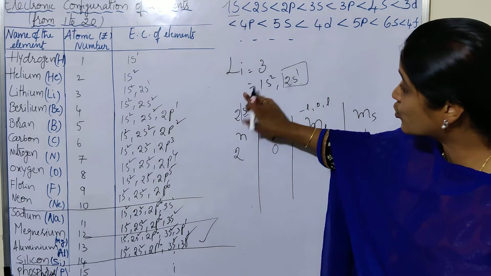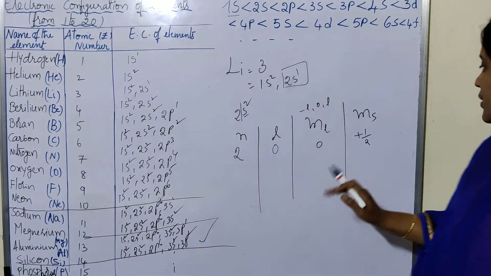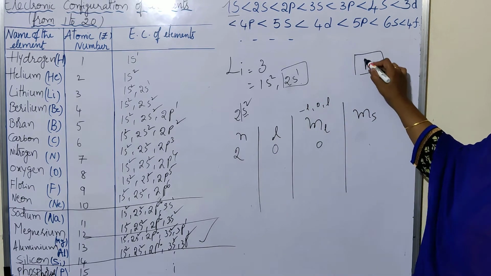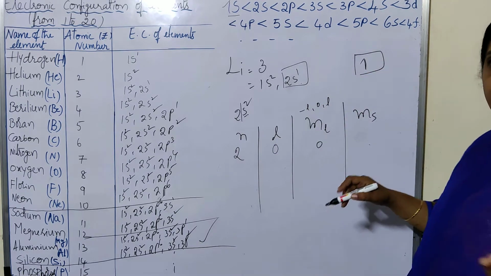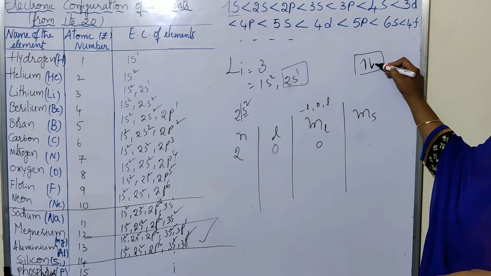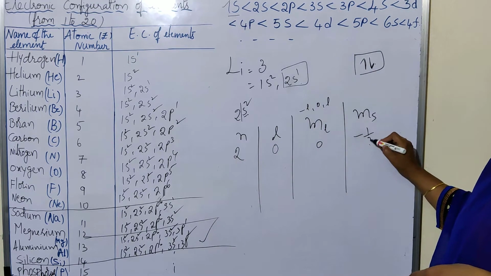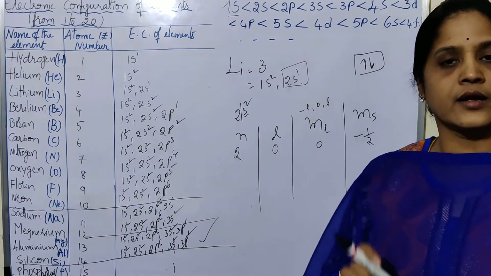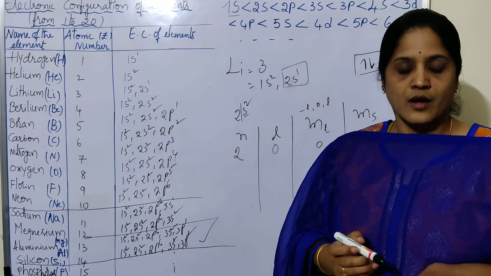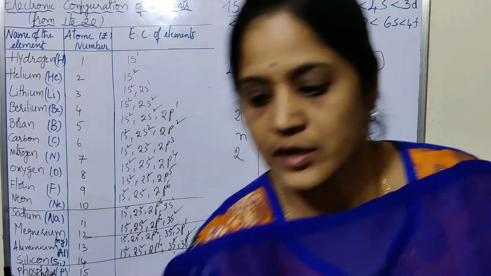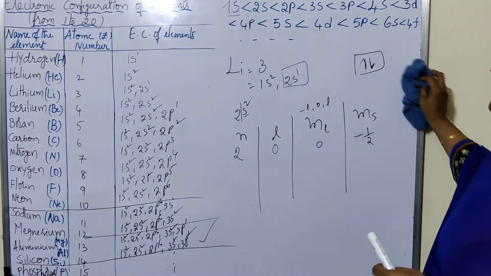Suppose here 2s2 is there. Then you get a second electron, because in the orbital the first electron fills with plus half, clockwise, and the second electron fills anti-clockwise. So we have to take minus half. So this is also a very important question. In our textbook there are some questions given, so those we will also discuss.